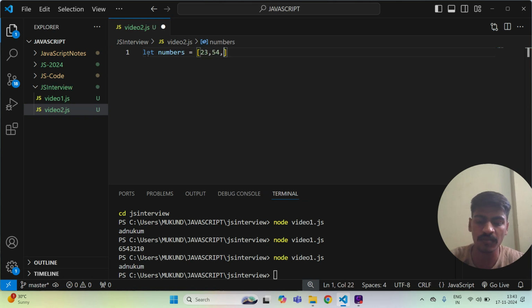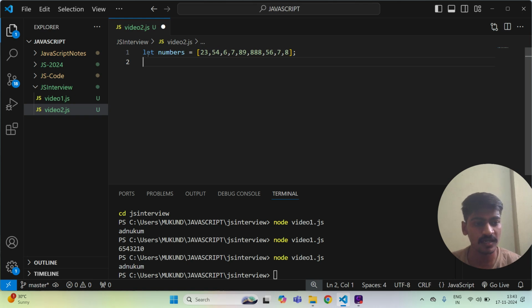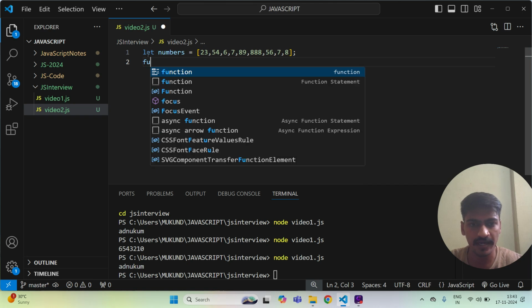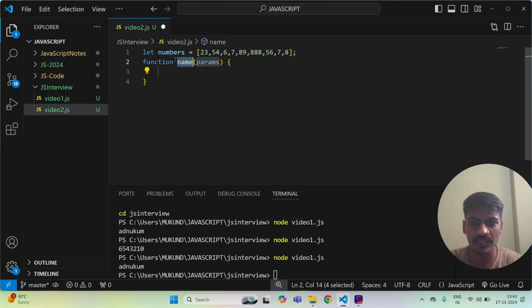Let me put in some numbers. So this is the array, and we have to find the largest number in that particular array. For that purpose, we need one function, right?